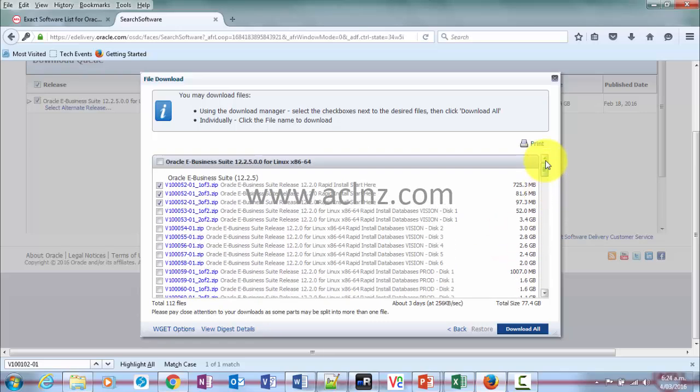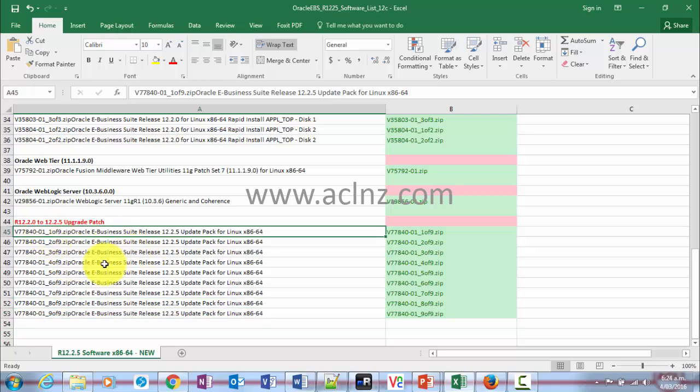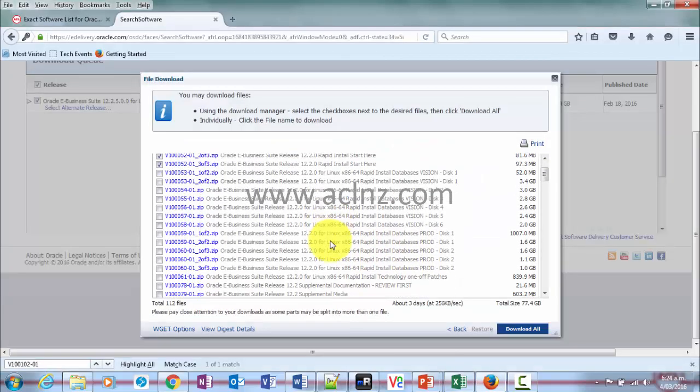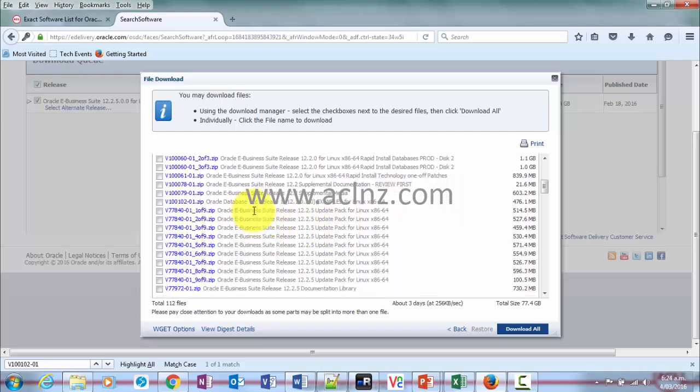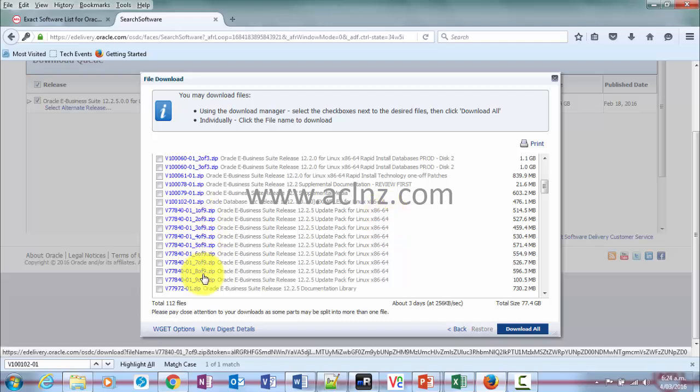I saw this as the first one. Yeah, you see Oracle eBusiness Suite 12.2.5, and within that one, if you look at my files V77840, look, it's over here. Oracle eBusiness Suite release 12.2.5 update pack for Linux x86 64,